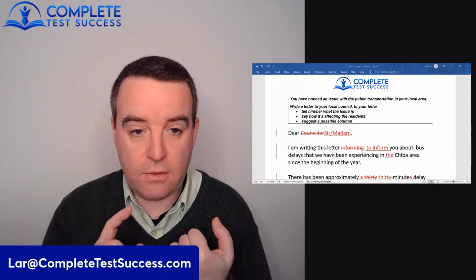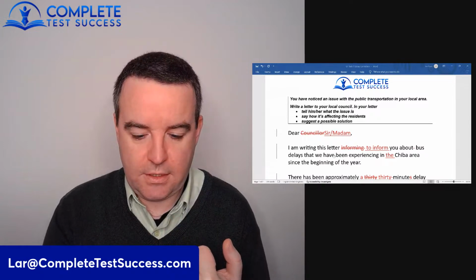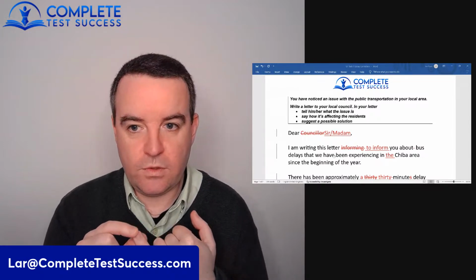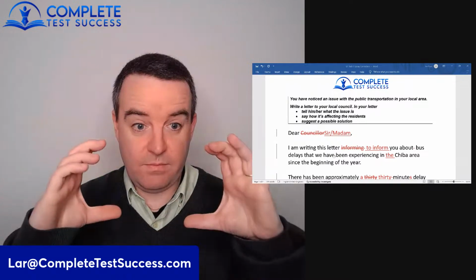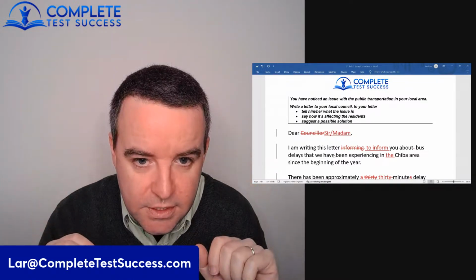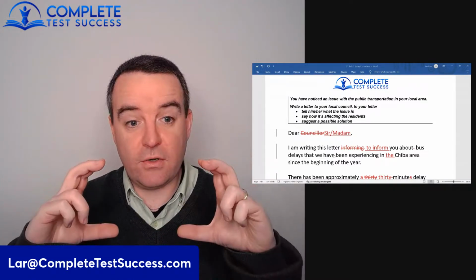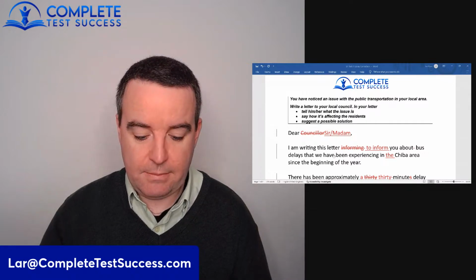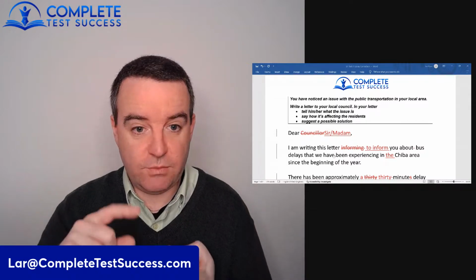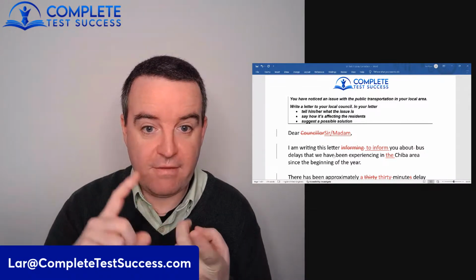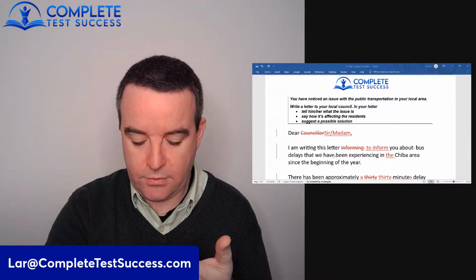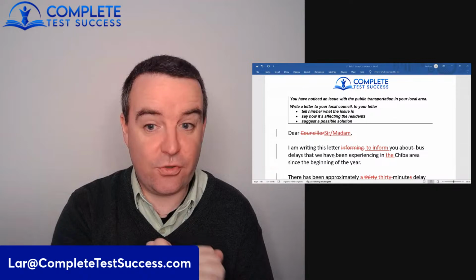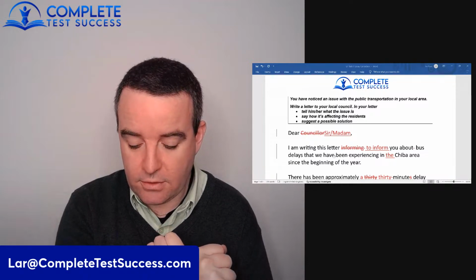Also, there was just that one main mistake with the coherence and cohesion with the word this, and putting that one response about what the issue is in 2 paragraphs. So we would see a band 8 for coherence and cohesion by just putting it all in 1 paragraph and making it clear what the word this is referring to. Task achievement, that 3rd paragraph just needed to be a little bit longer.